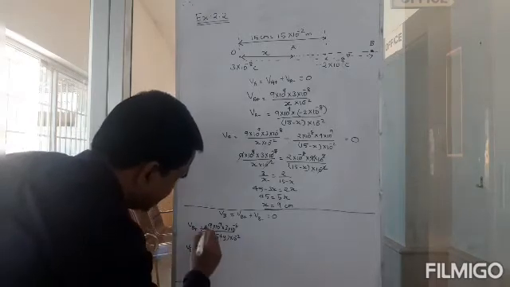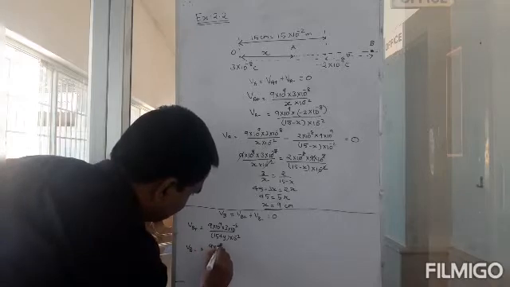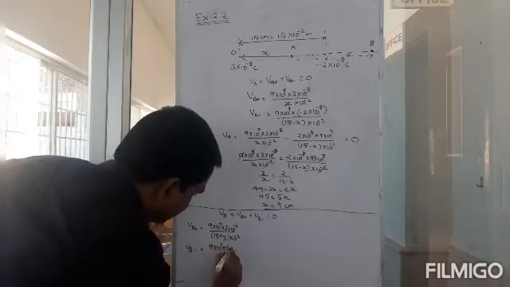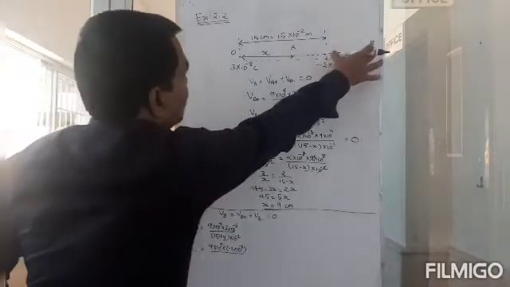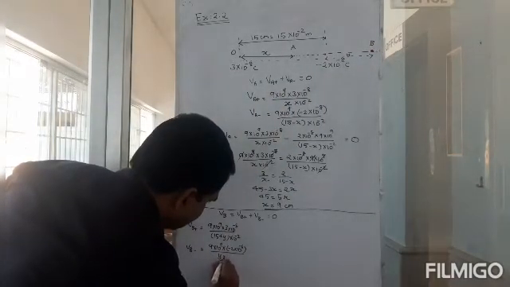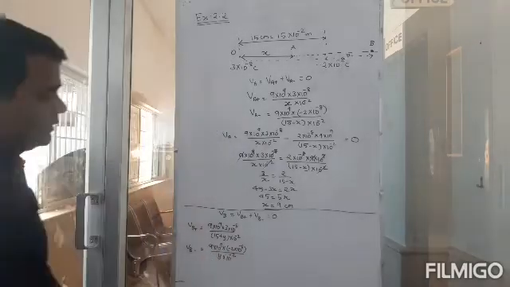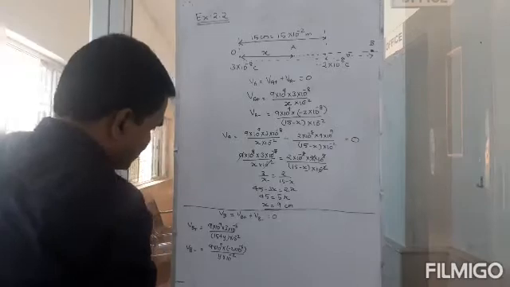VB minus is equal to 9 into 10 power 9 into minus 2 into 10 power minus 8, divided by simply y into 10 power minus 2 meters. This is potential. So I just need to add them, right? So when I add them up,